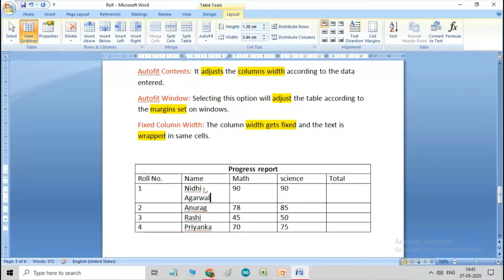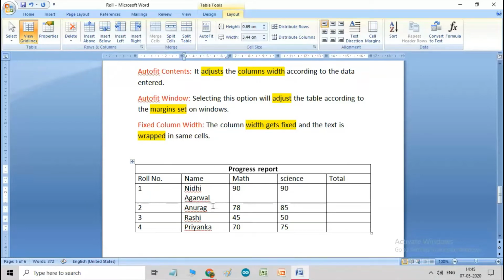As soon as I typed Agarwal, you have noticed that because the column width was fixed, the text is wrapped in the same cell. It has happened just because of this option, fixed column width. The column width gets fixed and the text is wrapped in the same cell.